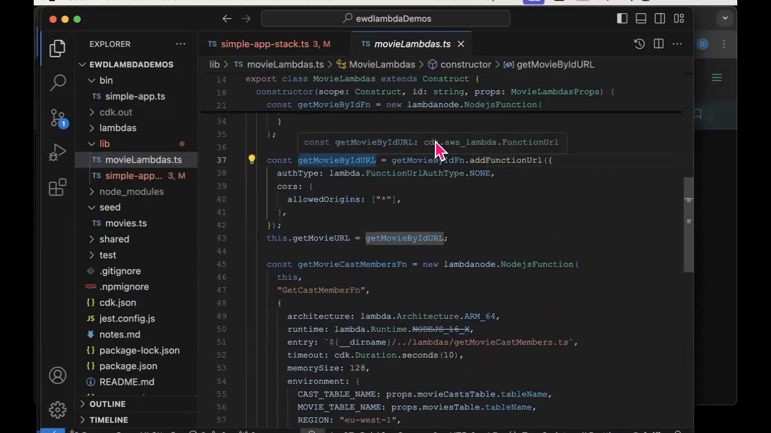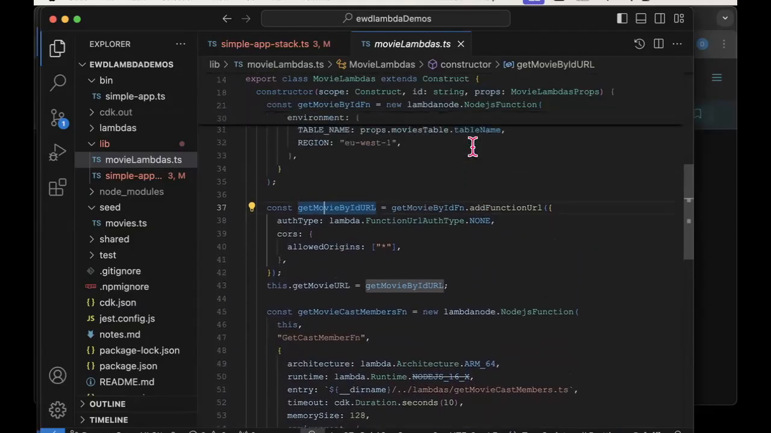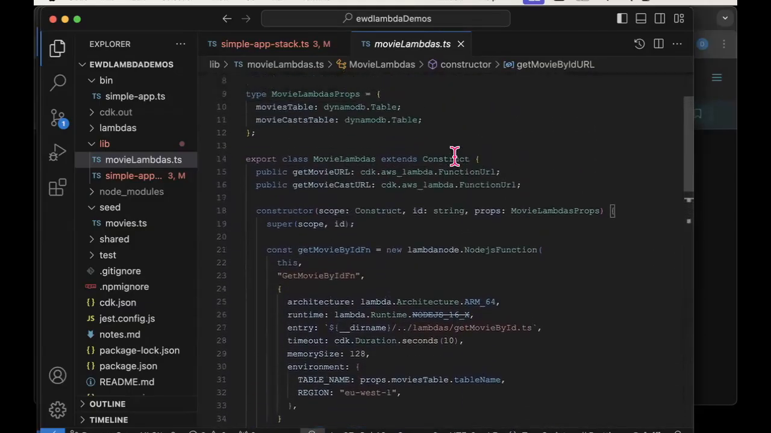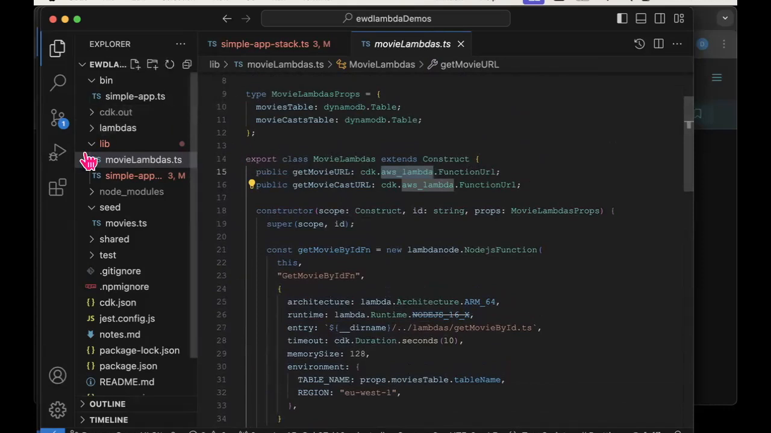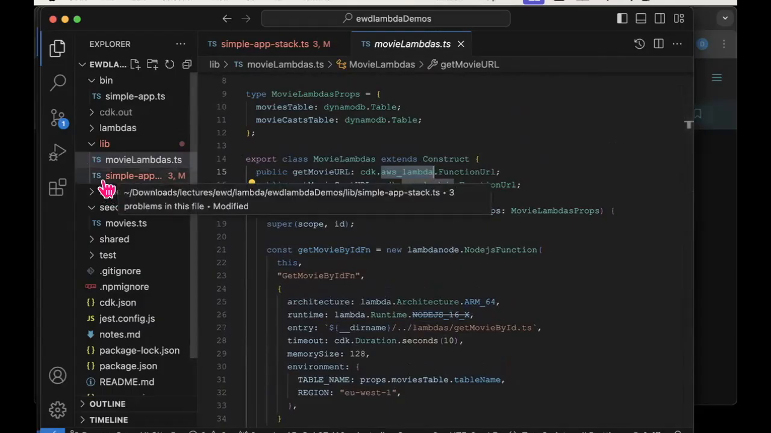So I literally copied that, and that's what I put in up here as the type for both of them. They both happen to be the same type. That's just coincidental. Obviously, these can be different types of variables. So by making those two public variables or public properties of my class file, that means back in the stack file, if I need to refer to them,